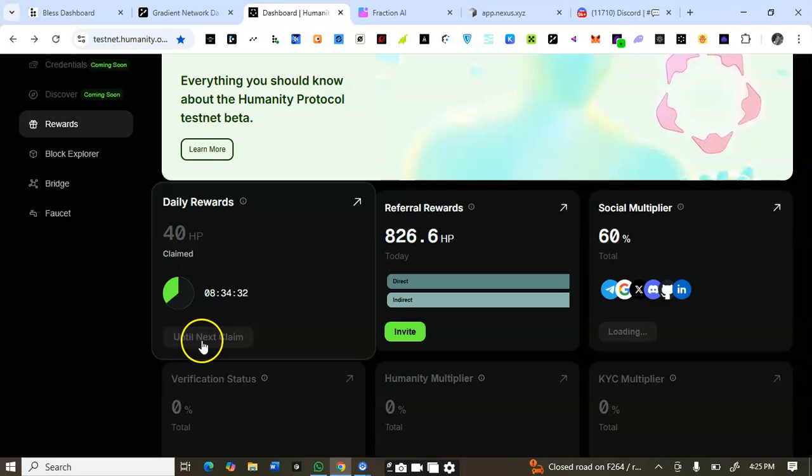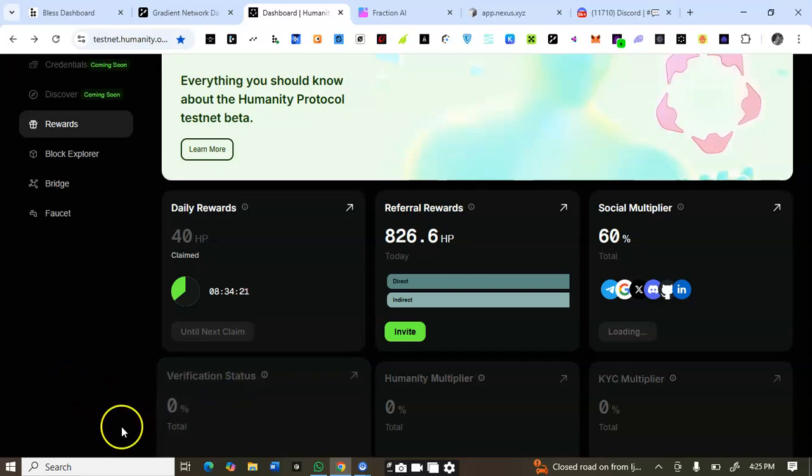You see next, until next claim. Here it is. Because I'm currently claiming, you are seeing "claim". You are not seeing "calm down". So if you click on claim, you will start claiming every 24 hours. And also there is this information about palm